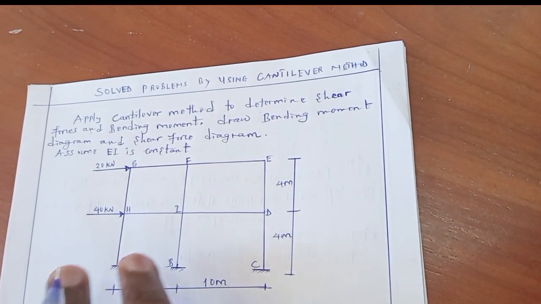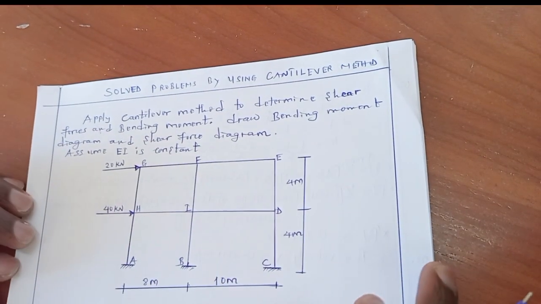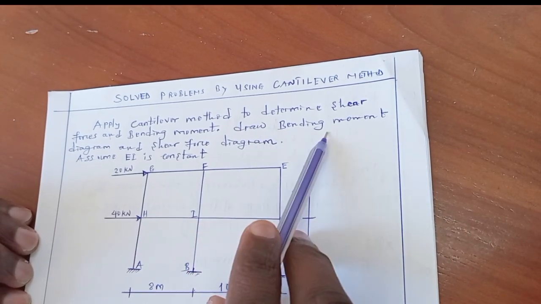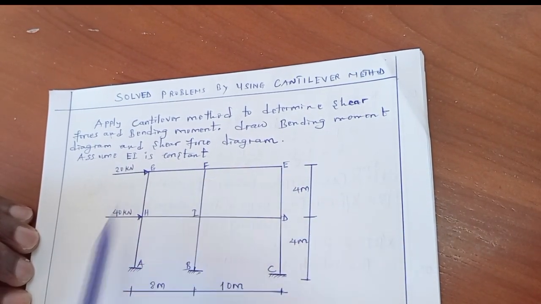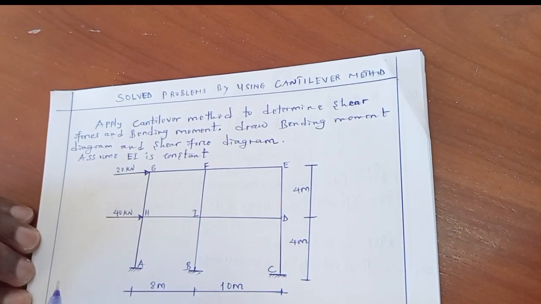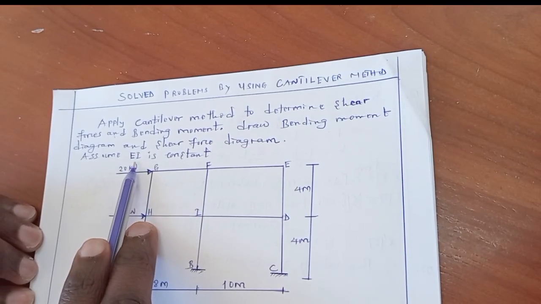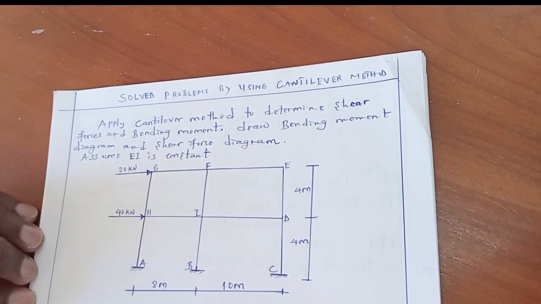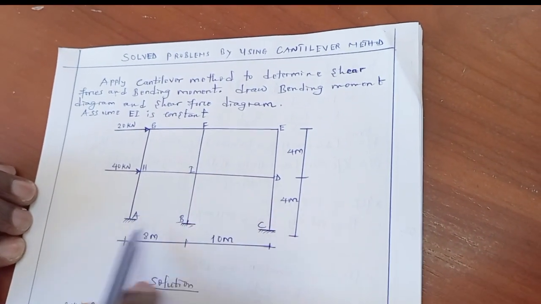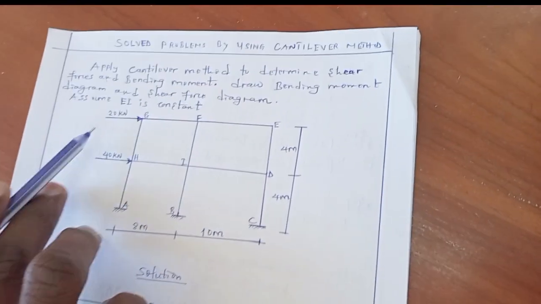So today let's start with these problems. Our problem states: apply Cantilever method to determine shear force and bending moment, and then draw the bending moment diagram and shear force diagram, whereby the stiffness of the material is kept constant. We've been given the frame here, which has horizontal forces